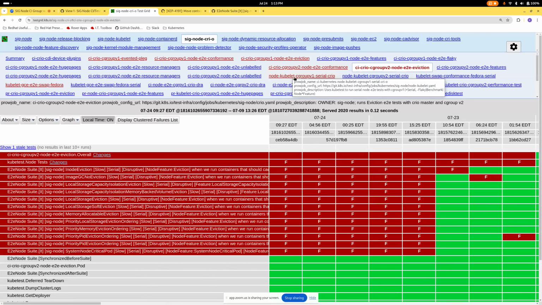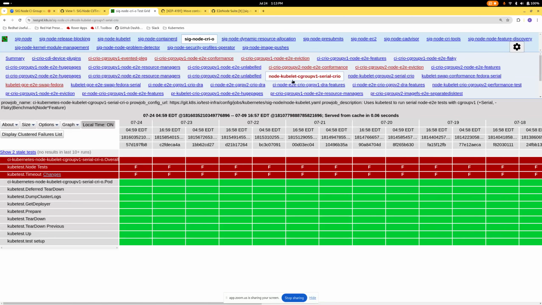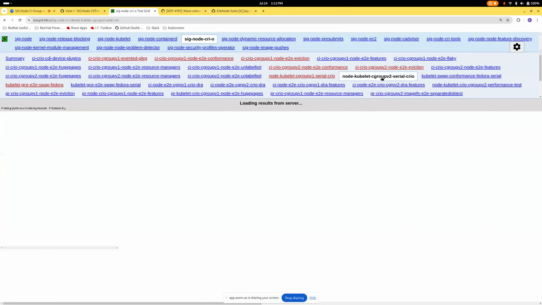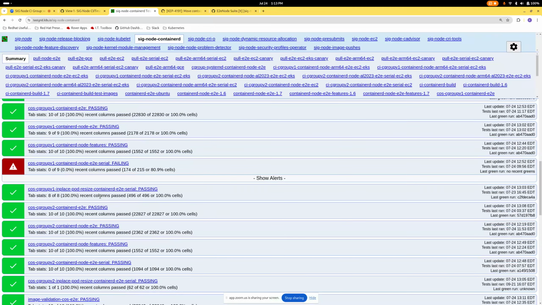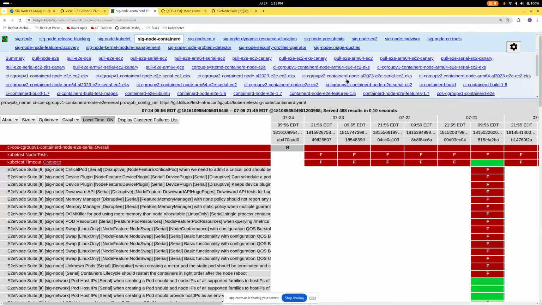Something's up with our kubelet cgroup v1 serial job again. It's an interesting one where the cgroup v1 job is timing out, taking the max time, while cgroup v2 has no issues. I noticed the same thing on containerd actually, where something's up with this job too.